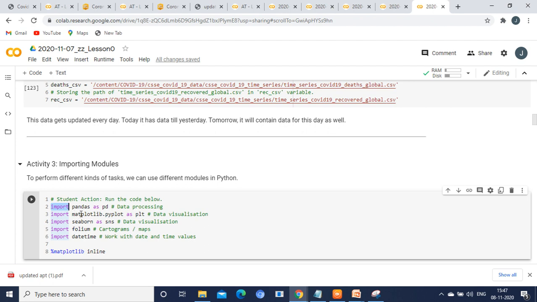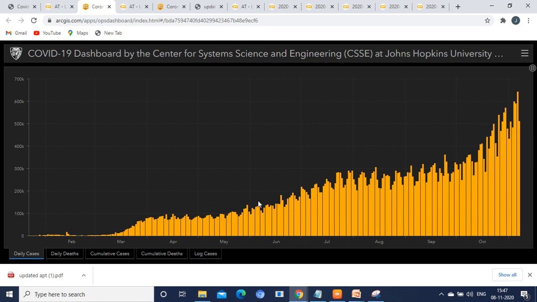And import matplotlib.pyplot as PLT. This line is for data visualization, where we can represent the data obtained. In the fourth line, we are going to import Seaborn as SNS. The functionality of Seaborn is, we have discussed the bar chart here. This is a colorful representation, right?